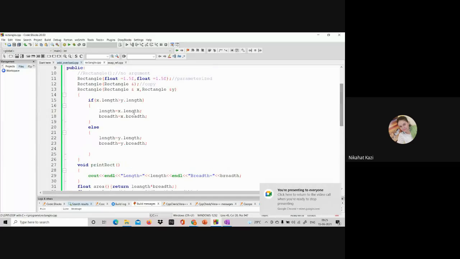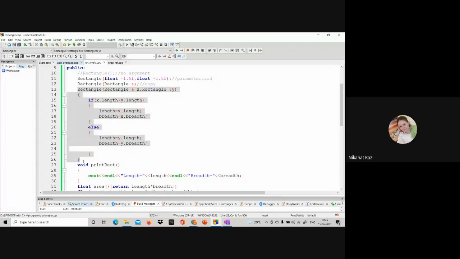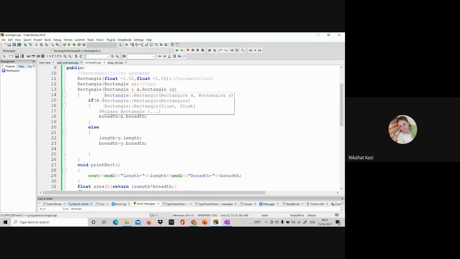You can see one more constructor which I have written here. It is not any of the typical constructors that you have. But what it is doing is comparing. It is creating a new object based on the length of the objects it takes.